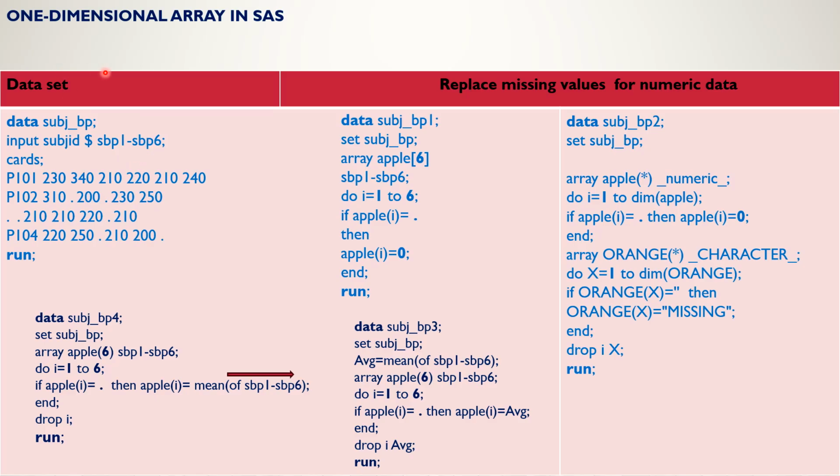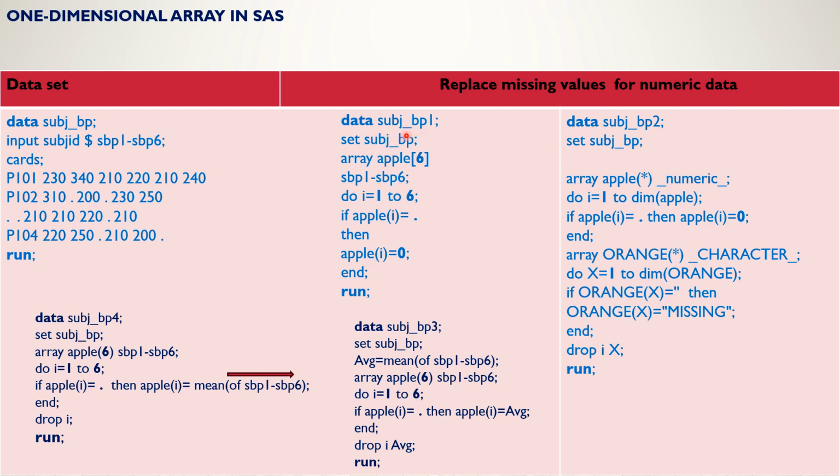So here is a one dimensional array in SAS. This is a dataset containing all numeric data. Here you can see some missing numeric values, and I want to replace them with zeros. To replace missing values we can also use an if-else statement. If you want to do the same thing using arrays, we have to write like this: